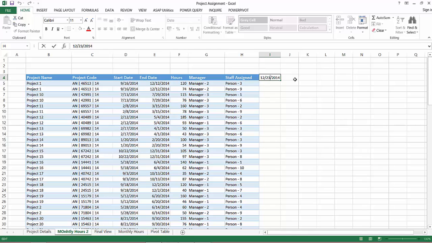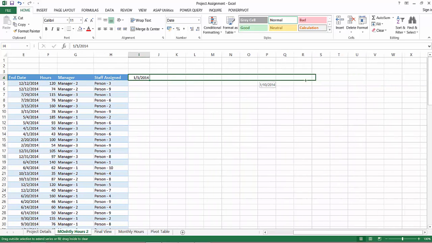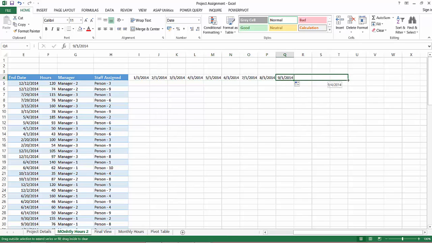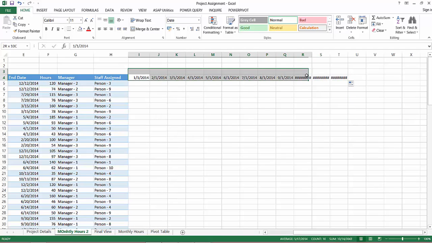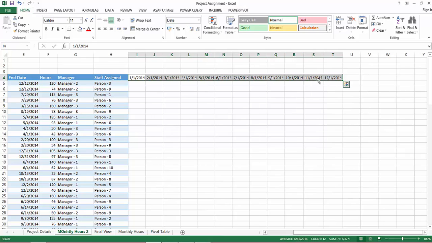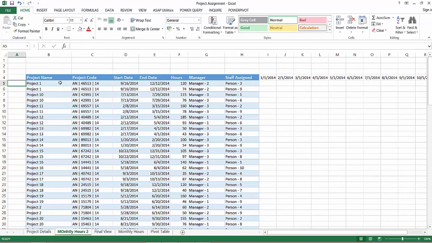Let's change the date to 1/1 and then just drag it. Just see months, so till September we have done it. So we have got 12 months. So as a next step, we'll be using the formula which has been posted by Mike in the Excel Is Fun video. So let's start up with